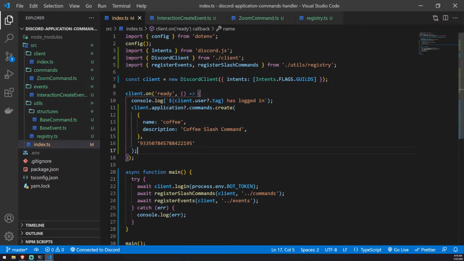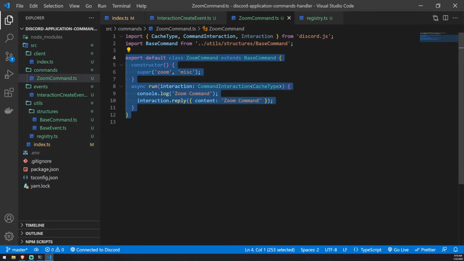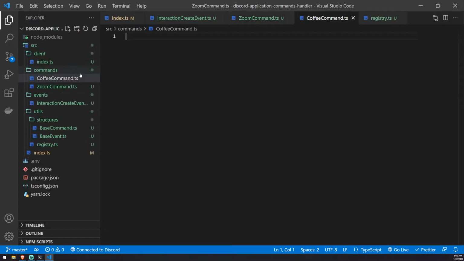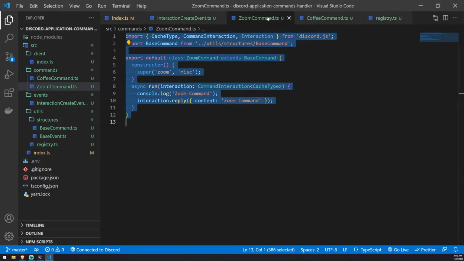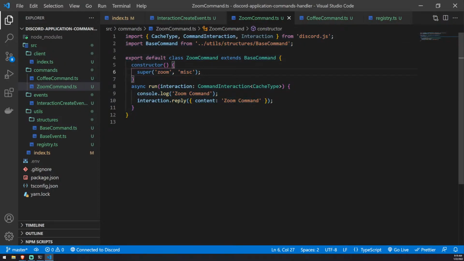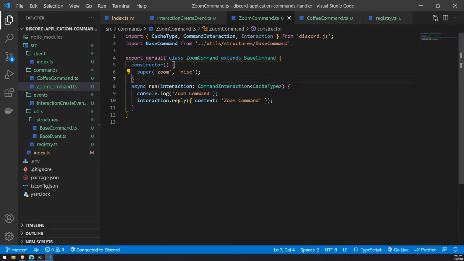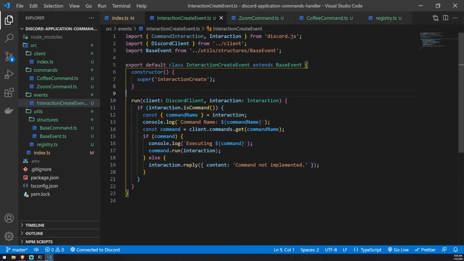Okay, so we pretty much handled the first case with just basic, regular commands. Okay, so everything else should be pretty straightforward. So I'm trying to just think about how different this is from the old command handler, because to be honest with you, most of these things are just the same exact thing, right? The only difference